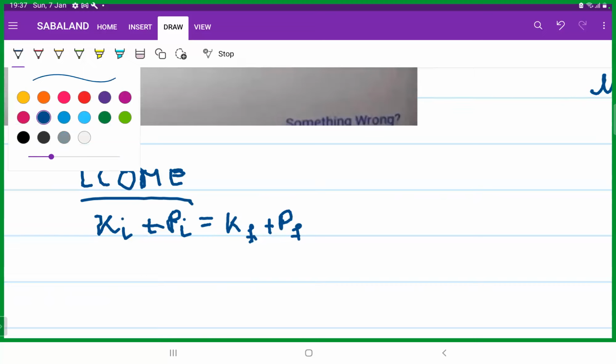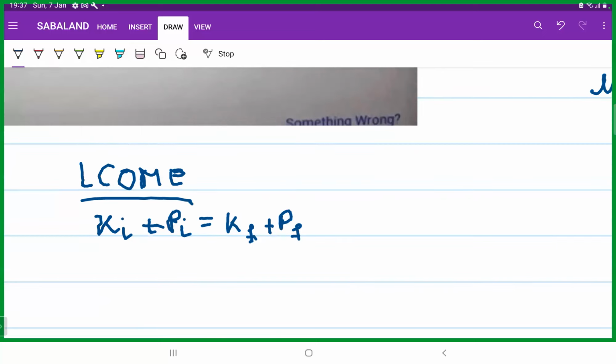Initially the kinetic energy was 0, because we have released that rod from rest. So 0 plus the potential energy, which will be minus G m square by 2r natural log of 5 by 3, is equal to